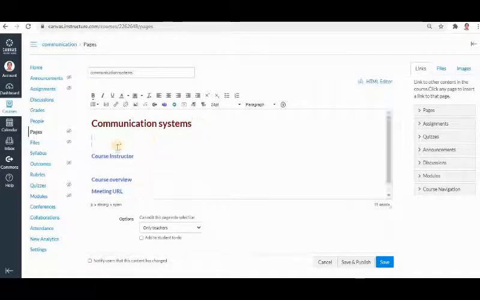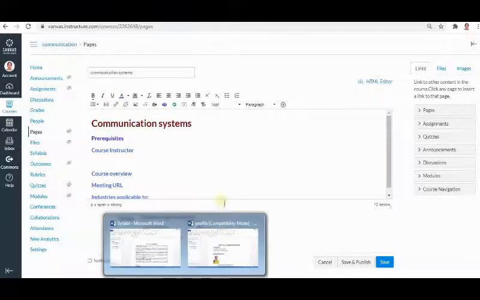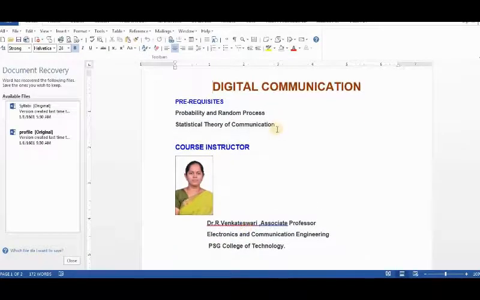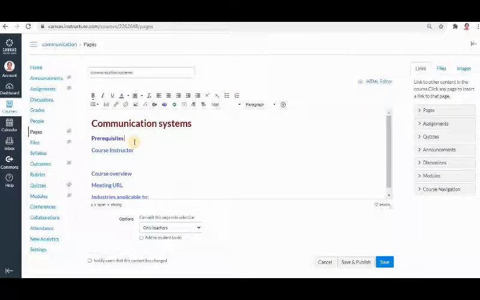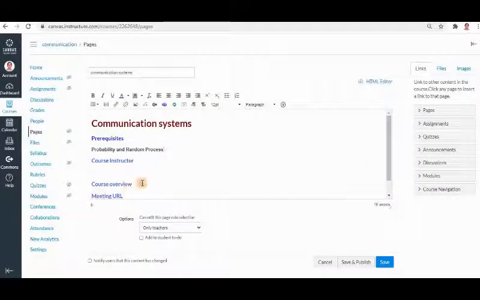And here you can give, for example, if you have already created a page, you can just copy and paste it from here. That is also fine. Or you can type it here.